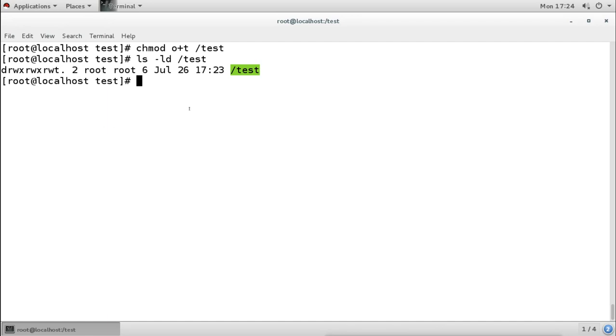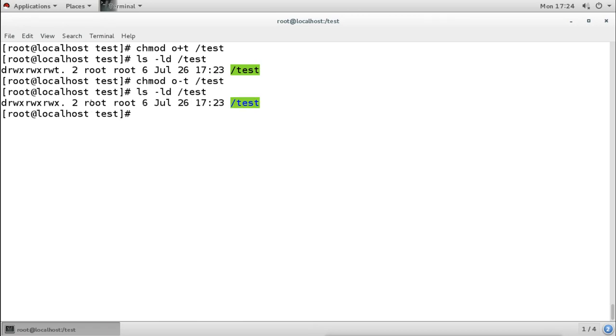Now for example, I will remove this. Now there is no sticky bit, and remember the execute permission is there. Now I will use the sticky bit without execute permission. I will give 777, but instead of 7 for the others, I will give 6. Now 6 means read, write, but no execute. With this I will enable the sticky bit. That means for the other users I am not giving the execute permission, and also enabling the sticky bit.